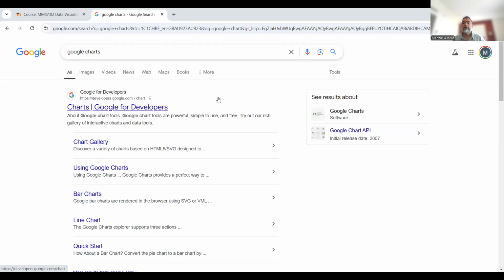Now, in this week, I'll discuss Google Charts. So I just searched for Google Charts, and then you can see that. This is one of the most powerful things in data visualization that we'll try to introduce in the final